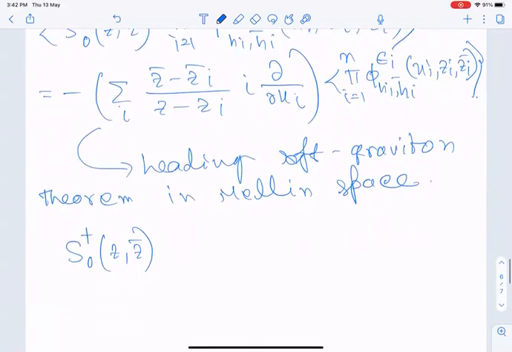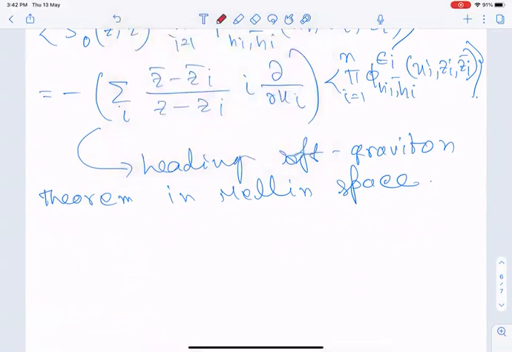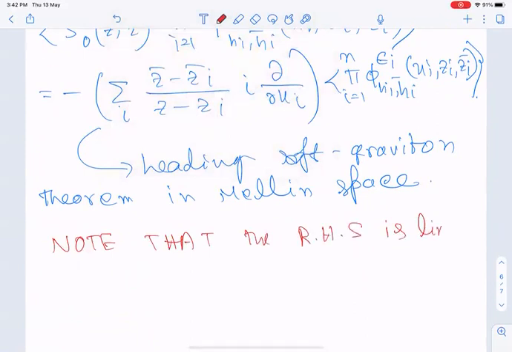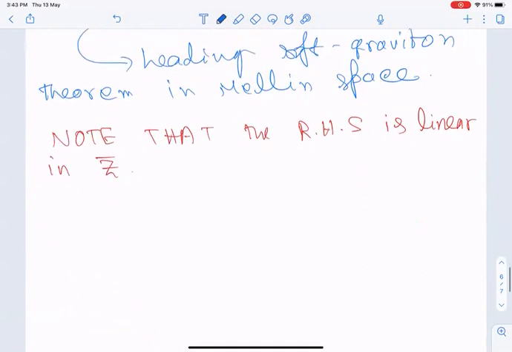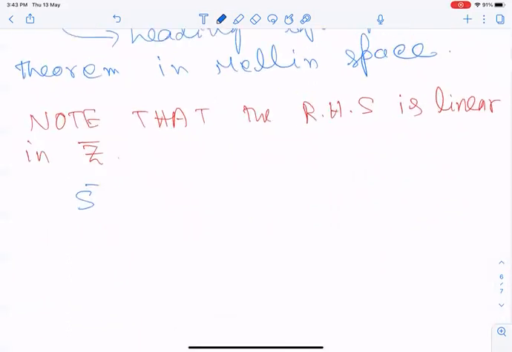Okay, so basically the statement is that the RHS is linear in z bar. So what we can do is an expansion